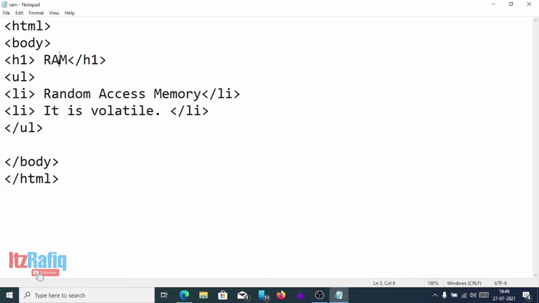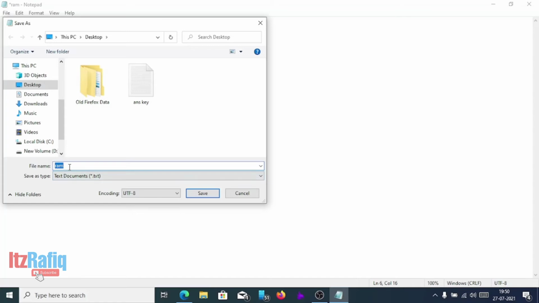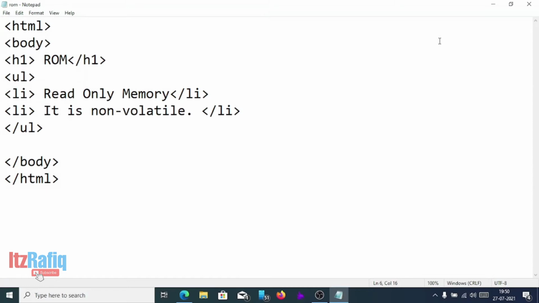In place of RAM, here ROM, and here read only memory, and it is non-volatile. Now we'll go to file, save, and in place of RAM now rom.html. So I have now created three pages: one main page, next one is RAM, third one is ROM.